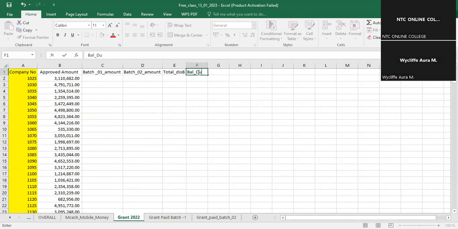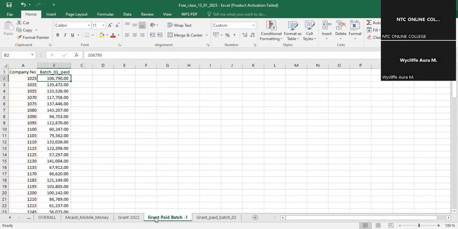Balance due for disbursement. So now in Excel, what we want to do is identify, for each of these companies, if this company 1025 was paid any grant in batch one, we now want to bring that amount into this particular cell. So ideally, if you don't have the know-how of how to use the VLOOKUP, you will simply come here